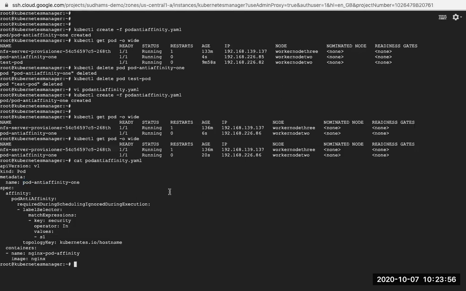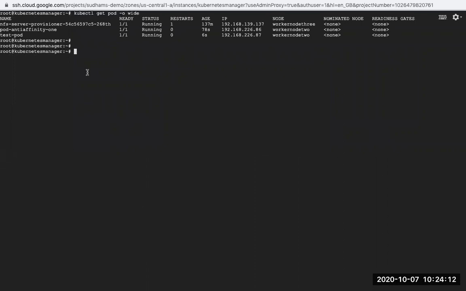Now let's create the pod YAML. Now this pod is there. It doesn't mean that it will schedule that particular pod or move the pod to that worker node. But what happened is that this pod affinity was launched on worker node 2.